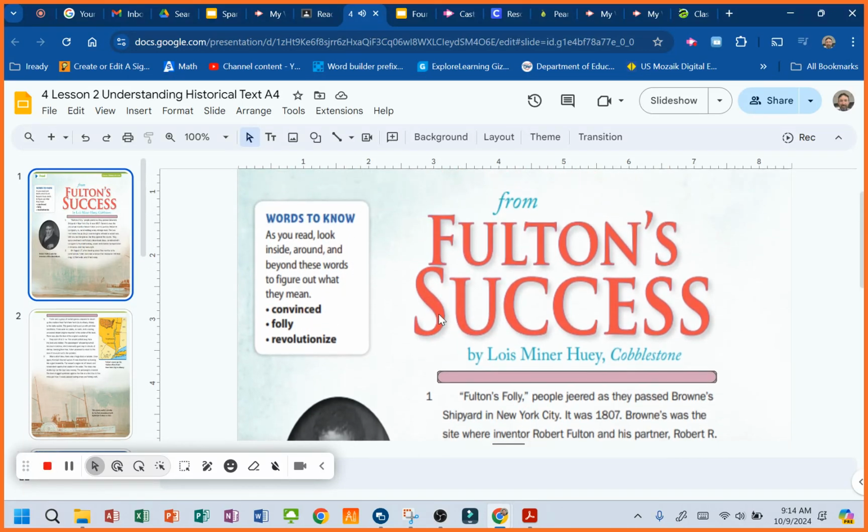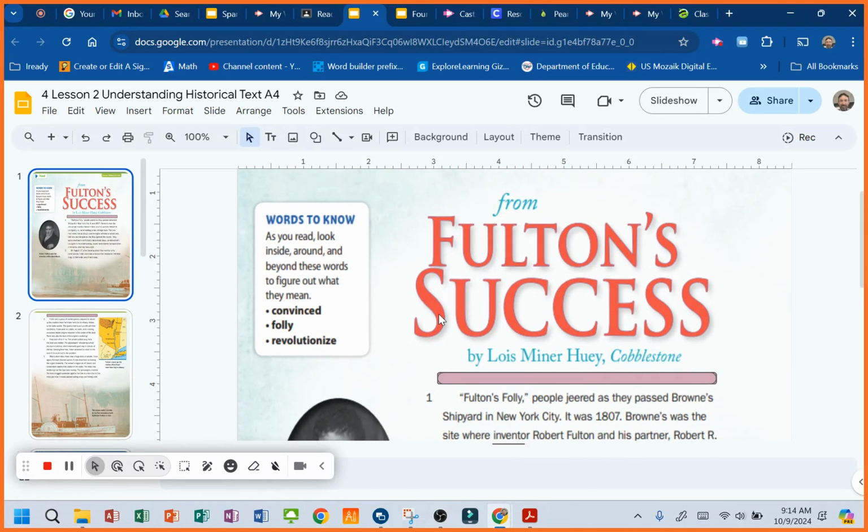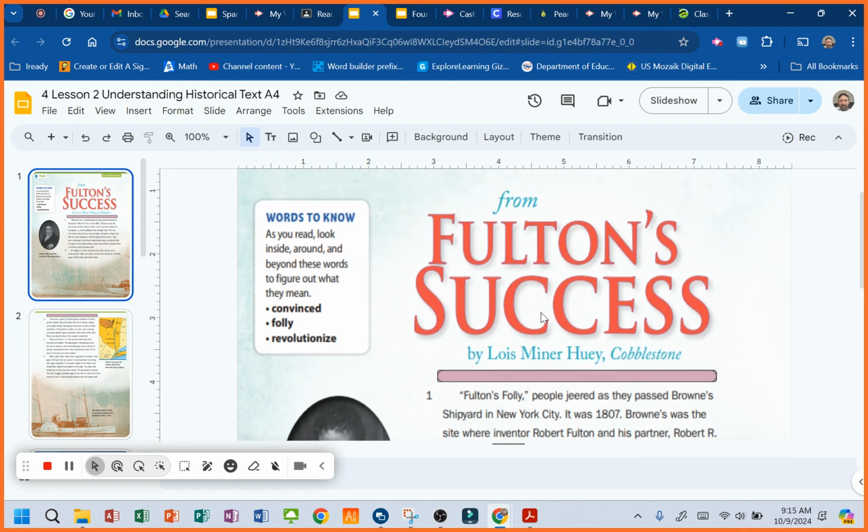All right, here we go. We're going to talk about how this article is organized. How is it organized? Is it cause and effect, comparing and contrasting? Is it just listing the events in the sequence order that it's supposed to be? Is it simply giving information? Is it informational, right? Listing facts. Does it give a problem and then a solution? How is it organized?